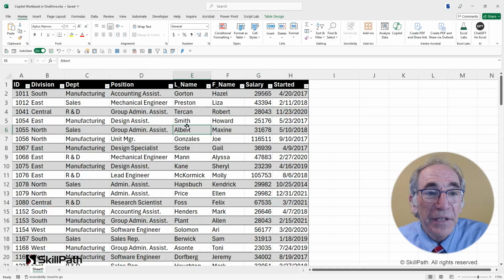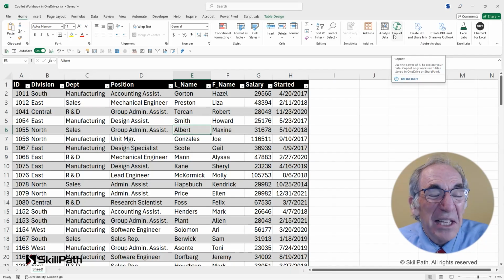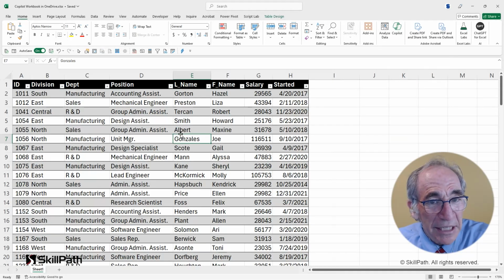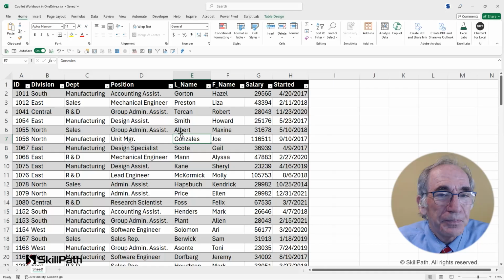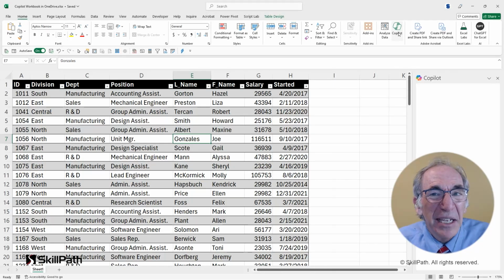And in fact, if this were not a table, well, you might see Copilot, but Copilot wouldn't be visible. If your cursor were outside of the table, Copilot wouldn't really be able to do anything for you because it must be in a table in Excel, and the file in which that table is located has to be in the cloud, like OneDrive. But once you've got those prerequisites, then you're ready to see what kinds of things you can do with Copilot by clicking Copilot.